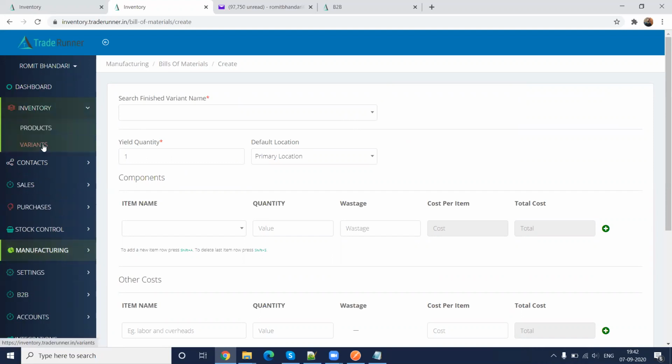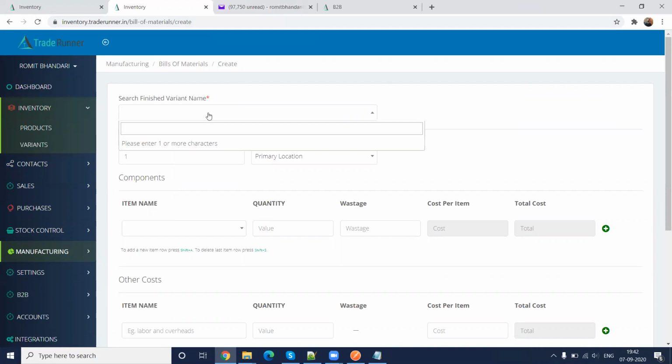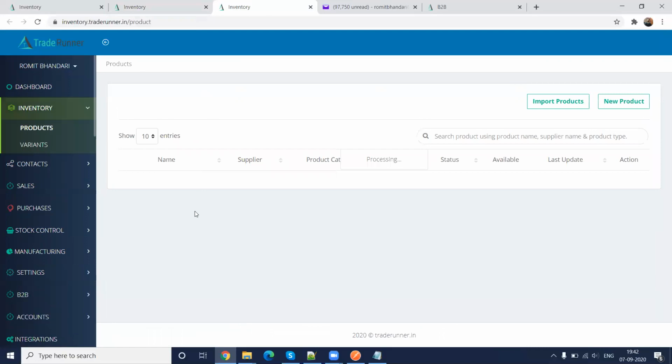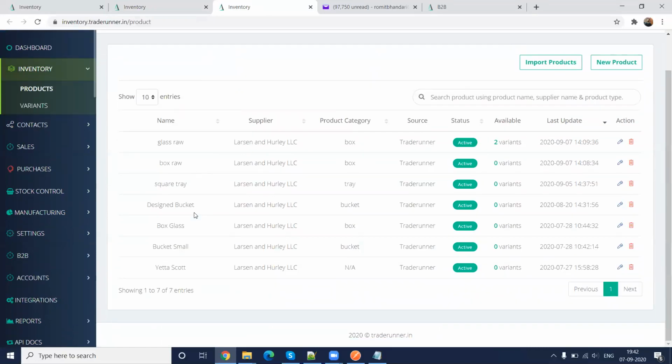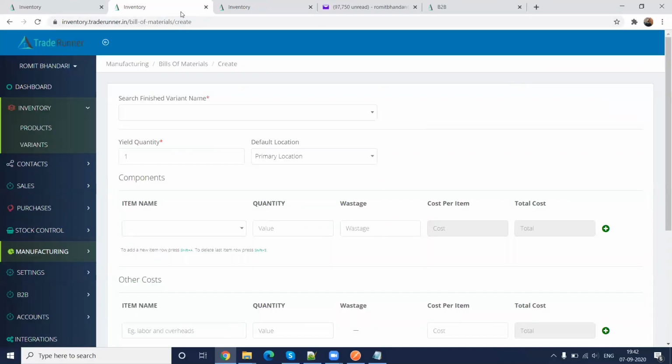Just to give you an example, first of all, the variant which you will try to search here has to be a manufactured product, right? If we go to the product section of our demo account, we will see this box glass, and you can see that this is a manufactured product. That means this can be searched here.